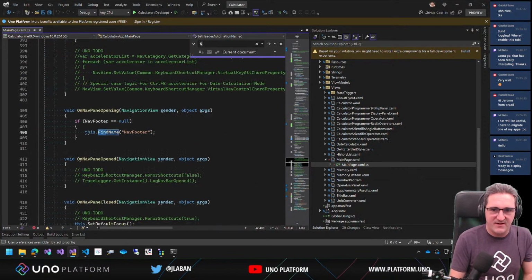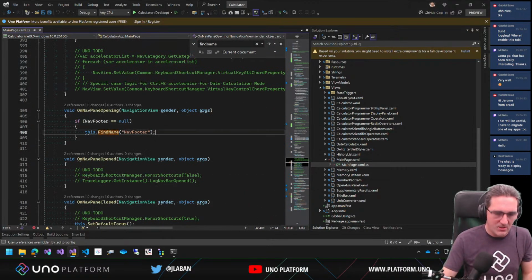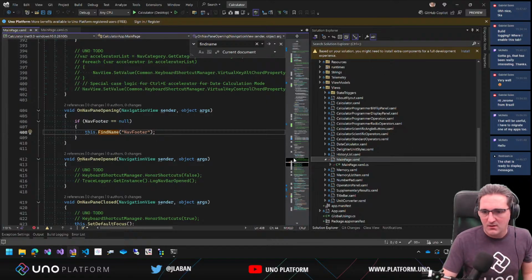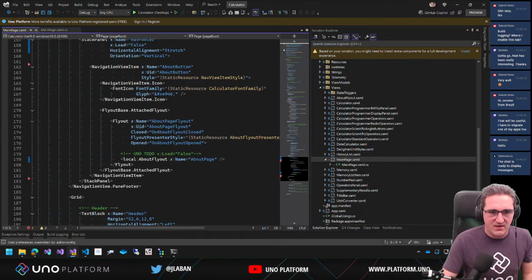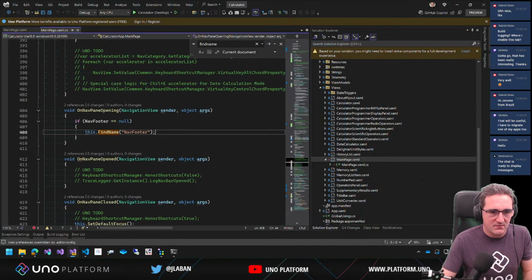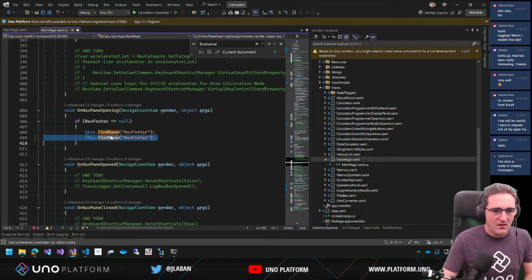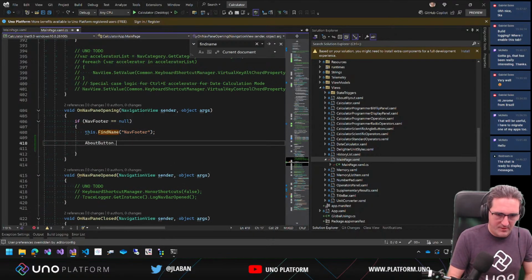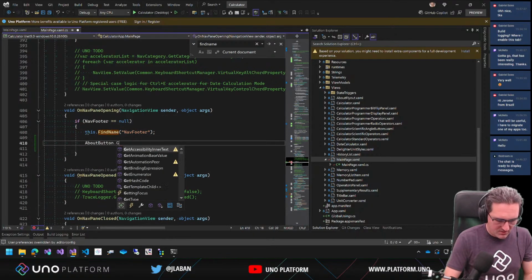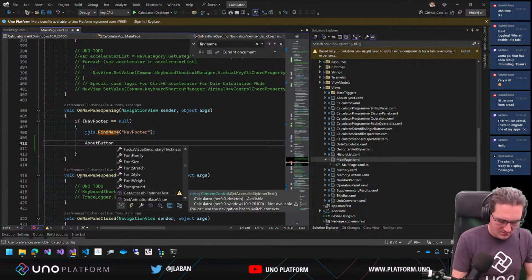I think we had a find name somewhere. Oh, that's the one. Okay, so in the nav footer here, what we're going to do is search for that specific item, so the navigation view item, so the about button. Actually, we can probably just pick that one up directly. And we're just going to do a go to